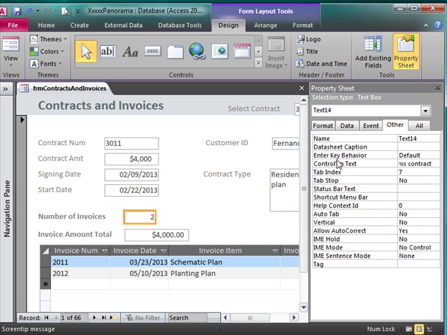So I've keyed in the control tip text calculated number of invoices for this contract, and then I'll select my other control, set the tab stop to no, and I'll set my control tip text to calculated invoice total for this contract. So I've set my tab stop to no, and I've added the control tip text of calculated invoice total for this contract. The next thing I'll take a look at is tab order,